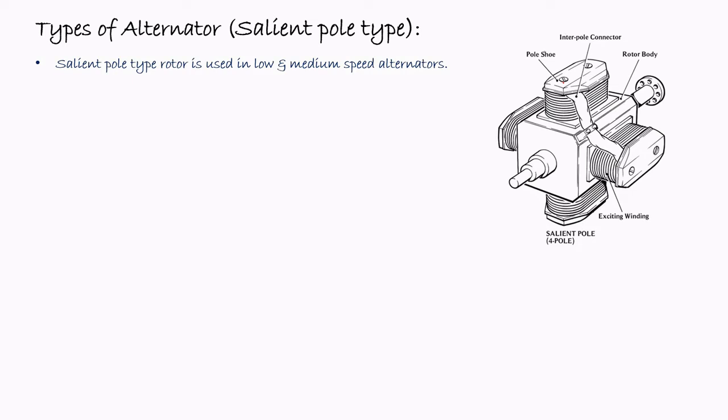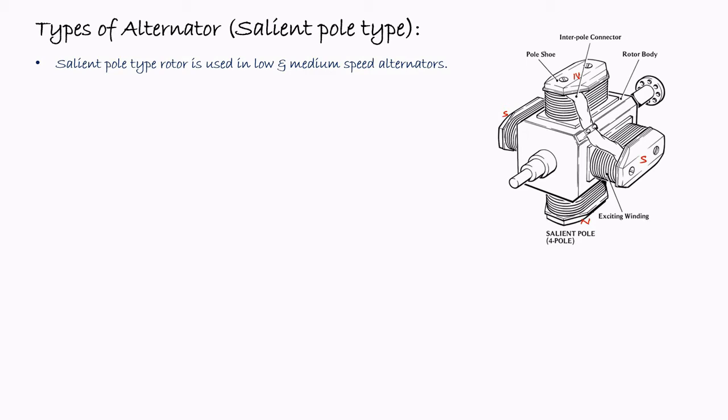This is the pole shoe, as we have seen in the case of DC machines. When the DC power supply is given to these poles, a constant magnetic field is produced, and this magnetic field pole will be alternate in nature. That means if this is the north pole, then it will be the south pole, then again the north pole, and again the south pole. The salient type rotor may be a two pole machine, a four pole machine, a six pole machine, and so on.